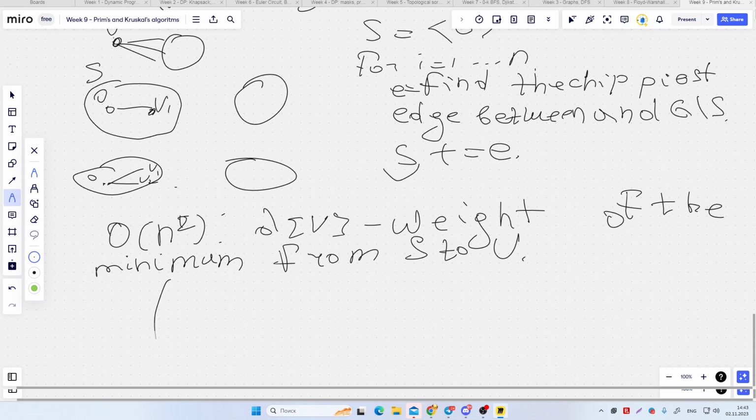We consider S. We consider some V and all edges that come from S. We choose the minimum. We choose the minimum edge,